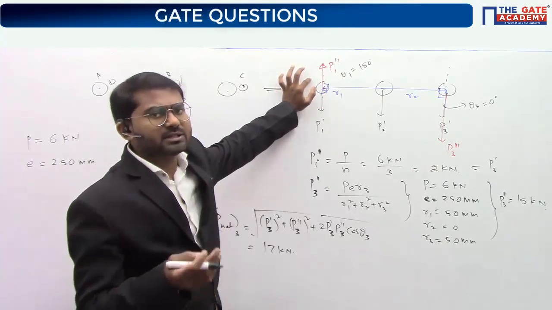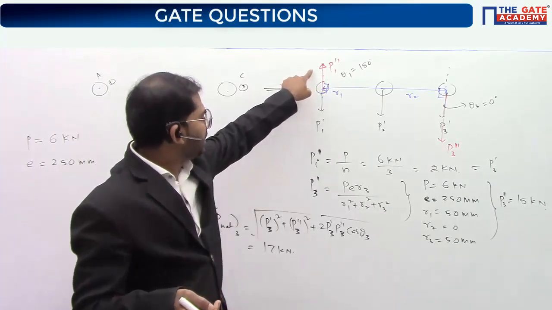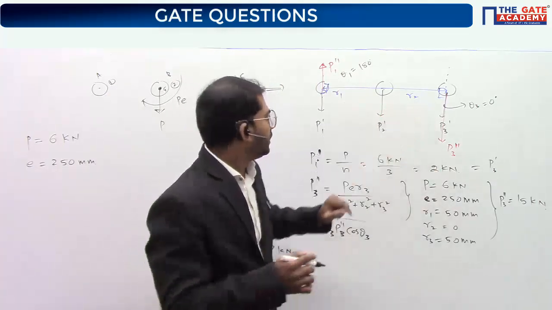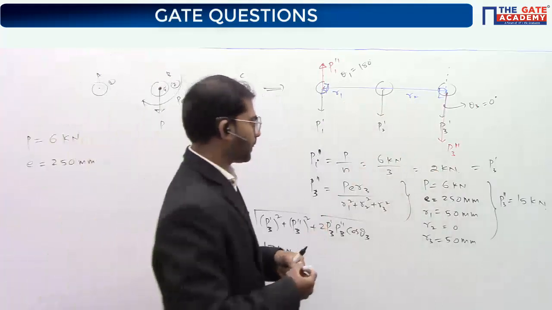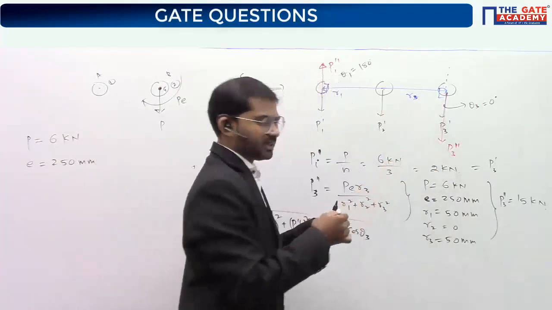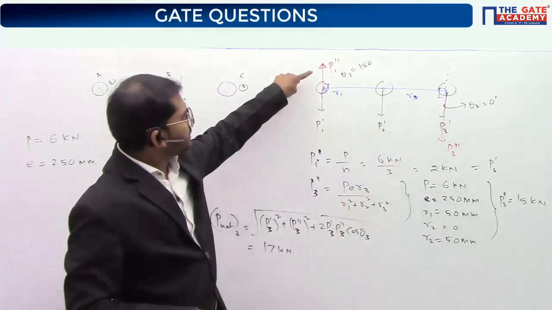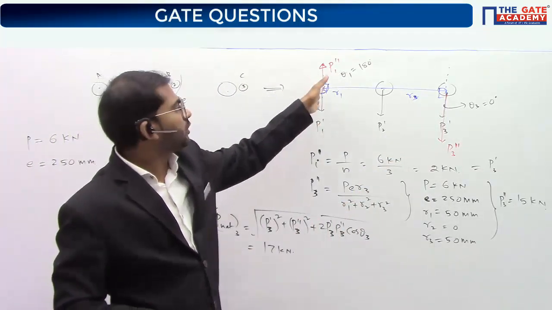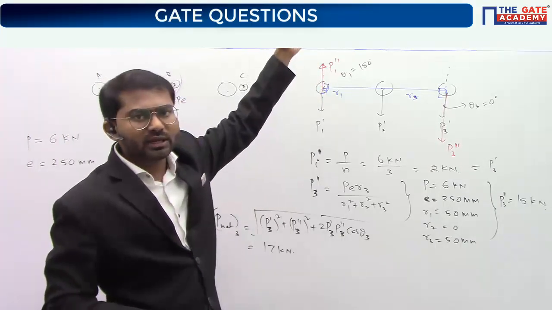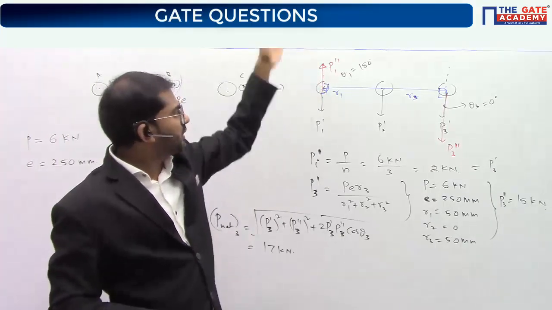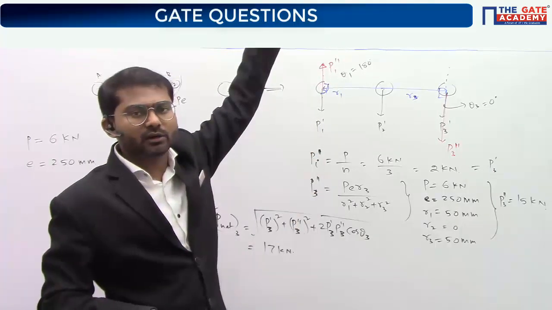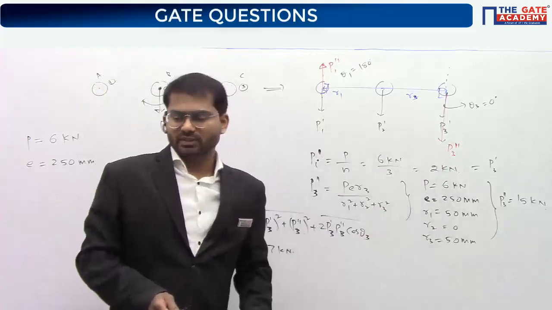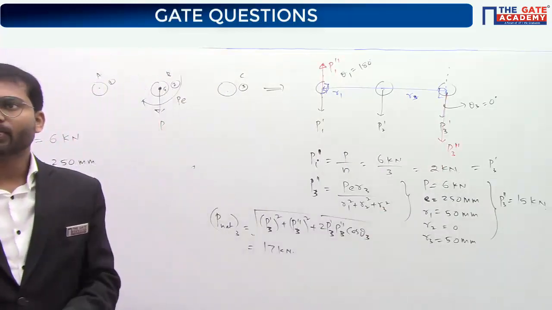So if you think about giving the answer for this one, that is the secondary net load on this first rivet, number 1, you can simply say P1 double dash will definitely come out equal to P3 double dash, because R1 and R3 are both the same. Remaining everything is the same. So this secondary load is 15, primary load is 2. Both are in opposite sense here. So net load will become 13 kilonewton. Anyways, our answer for this question is 17 kilonewton.